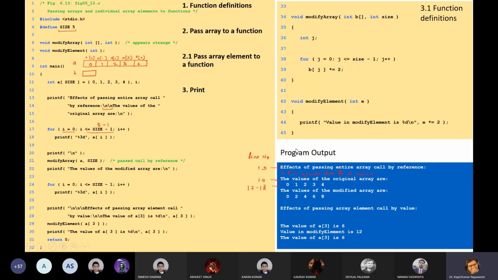Fine. Okay. So what is the impact of line number 17 and 18? Line number 17 will start the for loop from 0 up to 5 minus 1. Okay. And what will it print? It will print %3d. %3d means it will print 0, 1, 2, and 3, not 0, 1, 2, 3 but 1, 2, 3 with 3 spaces given here. Okay, %3d will give